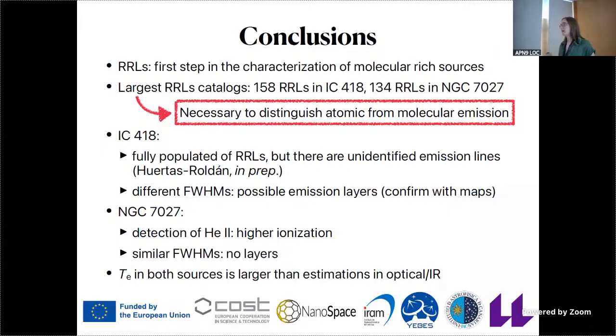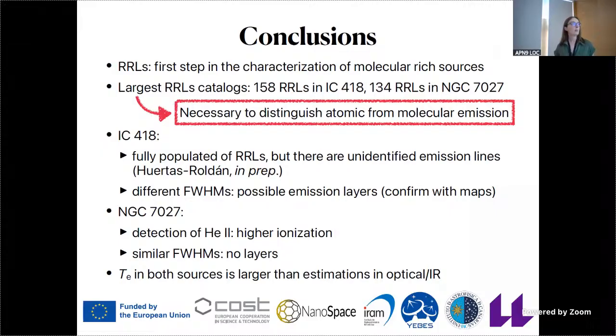We didn't find any evidence of known molecules, even the lightest ones, but we found some unidentified emission lines that we are trying to analyze and find their carriers. And about the full widths at half maximum, we think that the emission is stratified, but we cannot prove it without interferometric maps. In regard to NGC 7027, the medium is highly ionized, so we could detect radio recombination